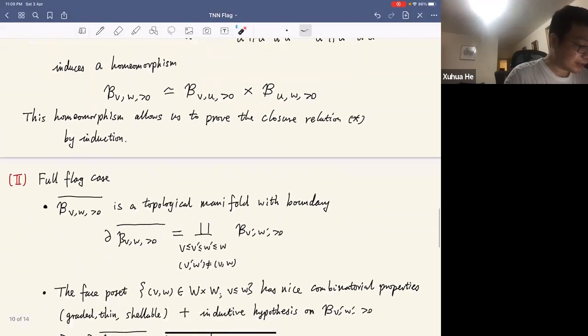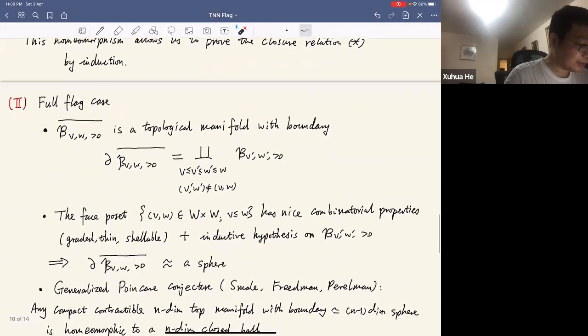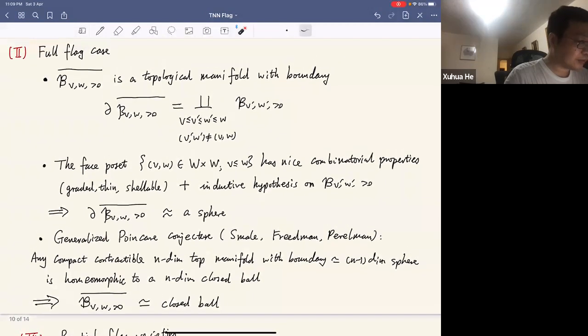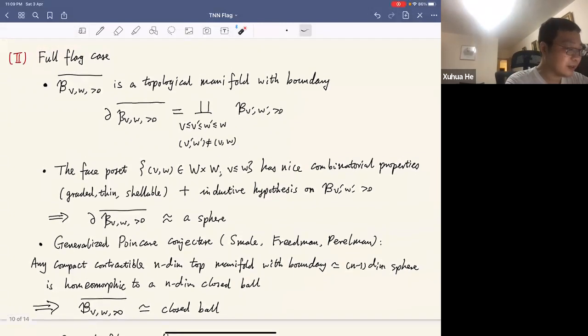And now let me describe what happens in the case of the full flag variety, and how we know that the Chlorine of each cell is homeomorphic to a closed ball. Here we mainly follow the ideas of Galashin, Karp, and Lam. The first step is that